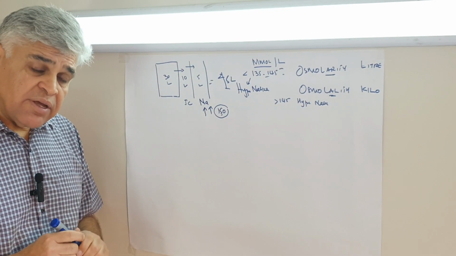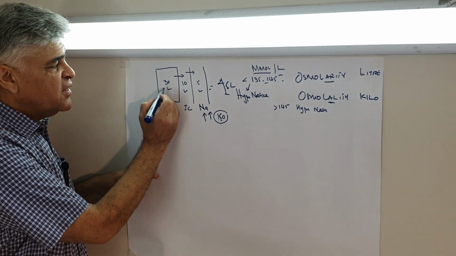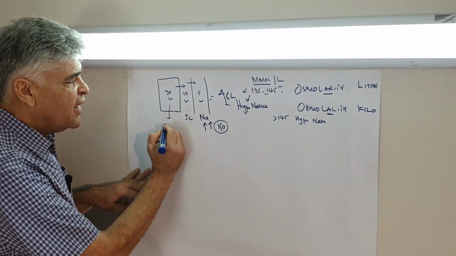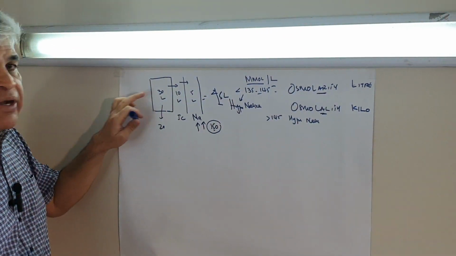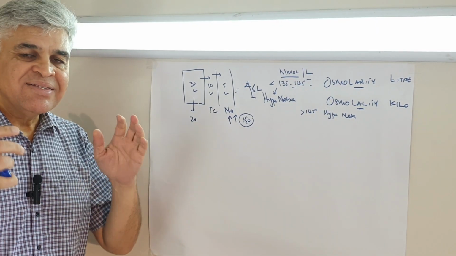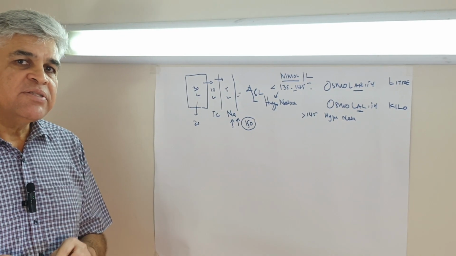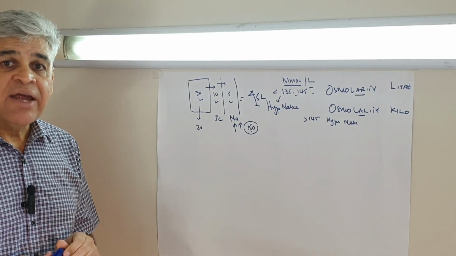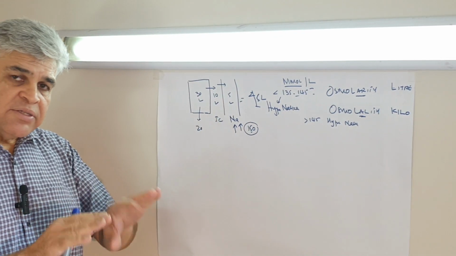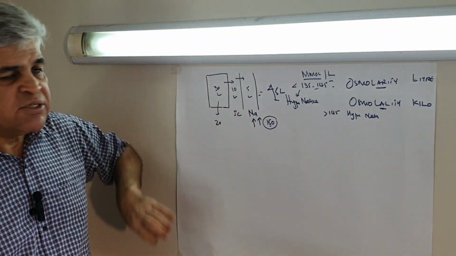But if it continues to happen, and if there are major shifts of water, the intracellular compartment will be depleted of water, and therefore this water content may drop to about 20 liters. And when that happens, the cells will shrink. And when the cells shrink, especially the cells in the brain, that can have quite disastrous consequences. So this water balance is maintained by these three compartments: the intracellular compartment, the interstitial compartment, and the